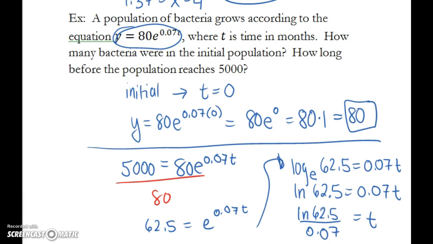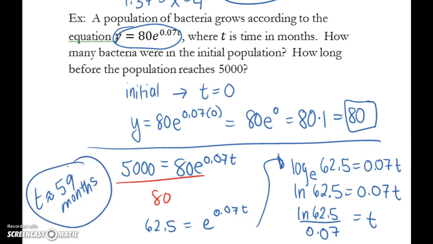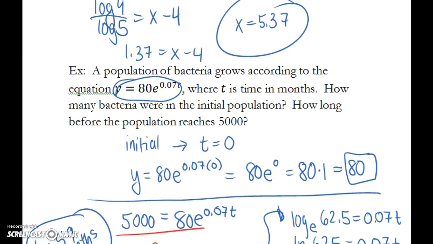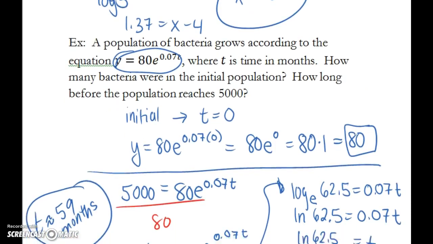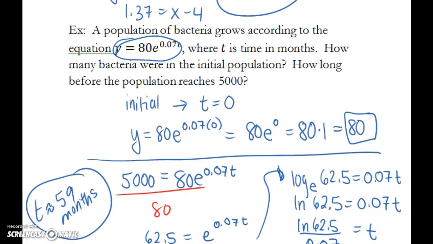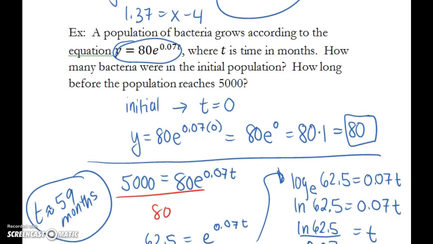And our answer is about 59 months. So we'll write that here: t is approximately 59 months. In about 59 months, we will have close to 5,000 bacteria. So again, this standard is 6.9, solving exponential equations. The big idea is to convert to a log equation to isolate